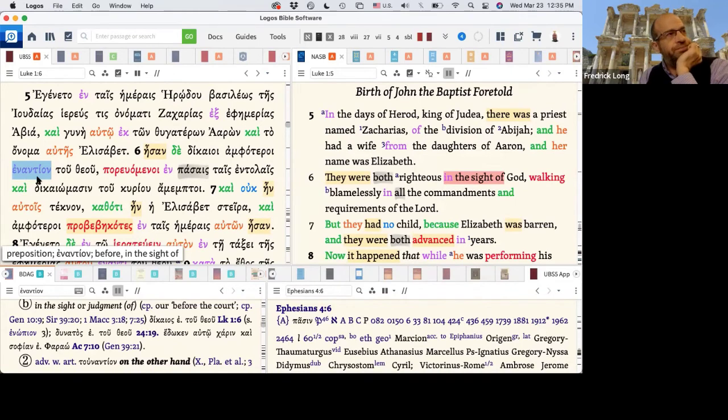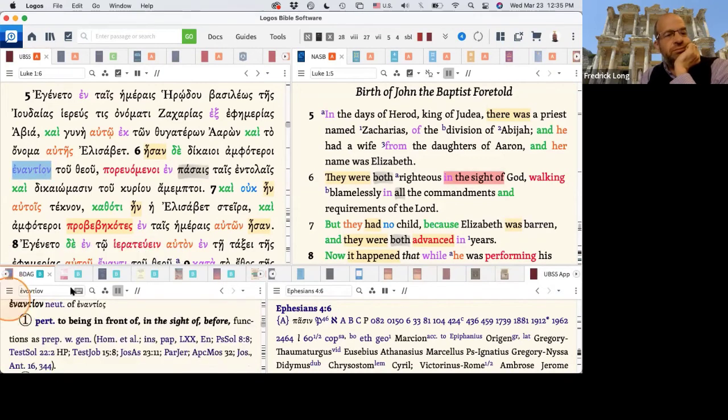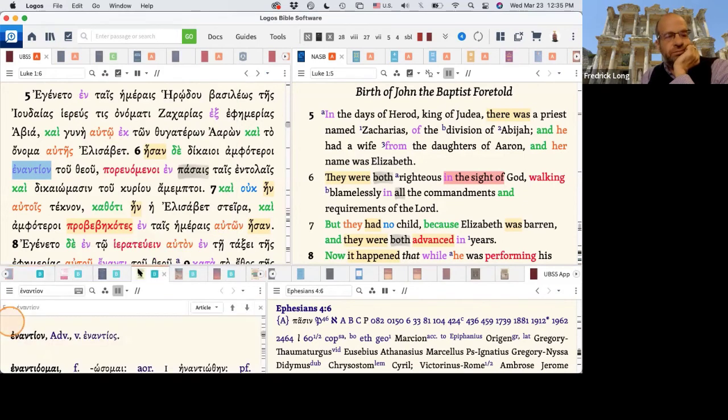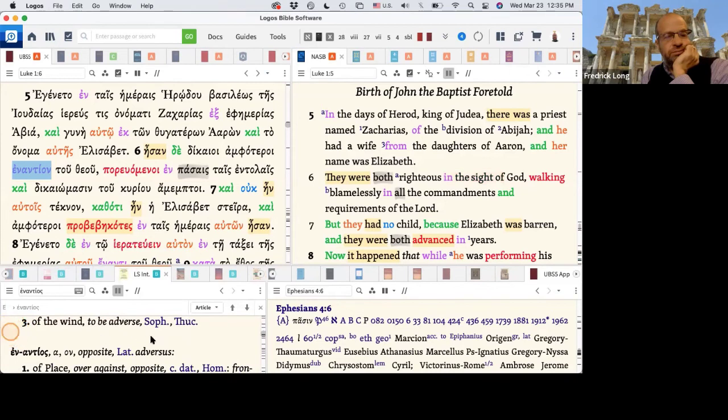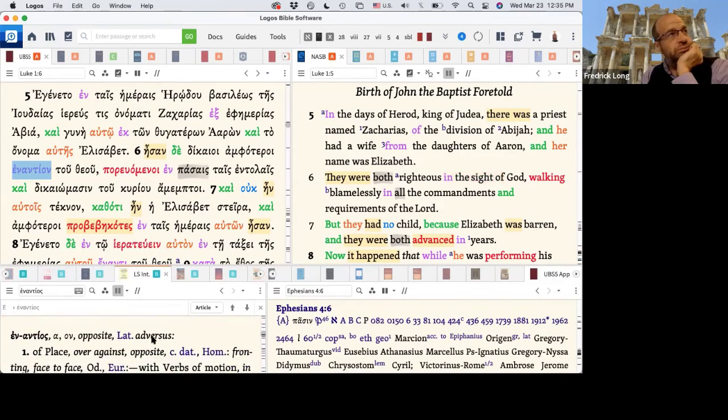Right. So then I guess that's my question. Because you're saying it might mean like in the sight of God, not just before God. It would be interesting to see how lifnei is used, like the righteous ones said lifnei Adonai, if we have that anywhere in the Hebrew Bible, and if it's used in the sense of judgment, because then I think that might be a way to even better understand what is going on.